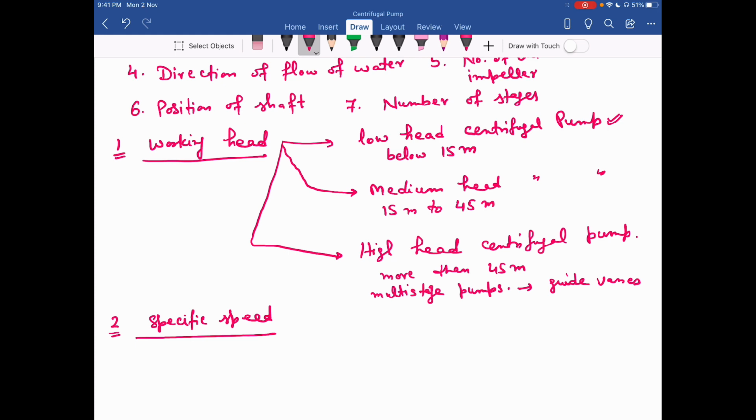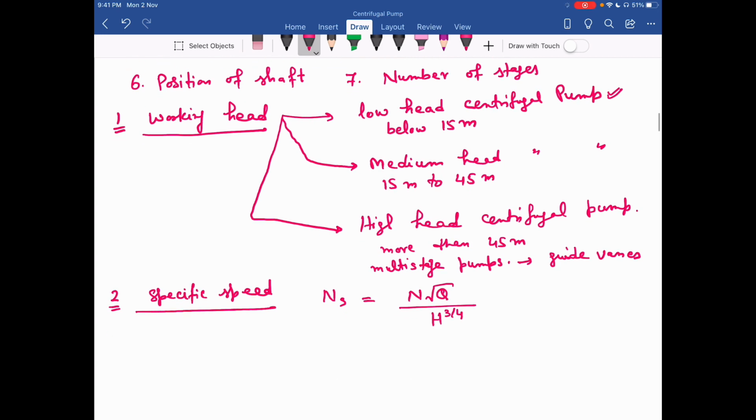Okay. So just like the turbines, we can also classify the pumps on the basis of specific speed. In case of a pump, the formula of specific speed is N√Q / H^(3/4),